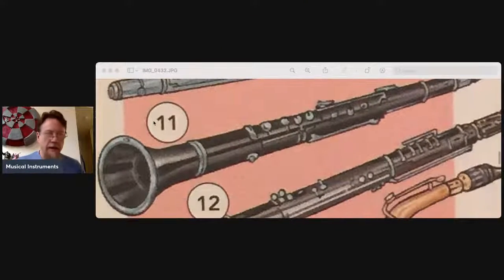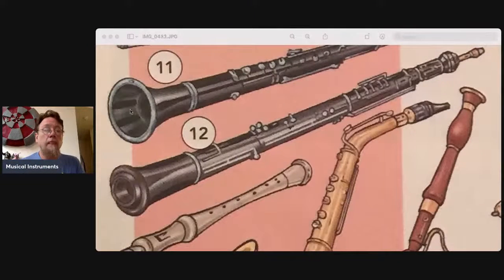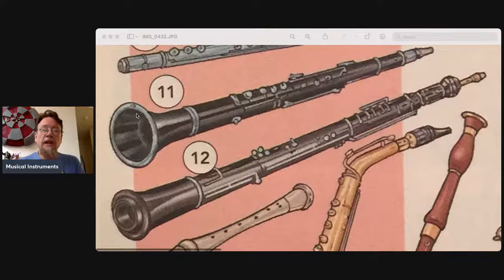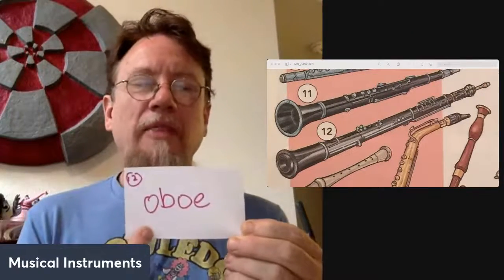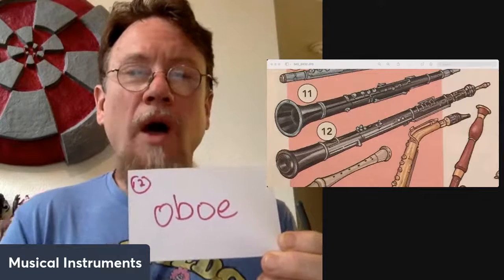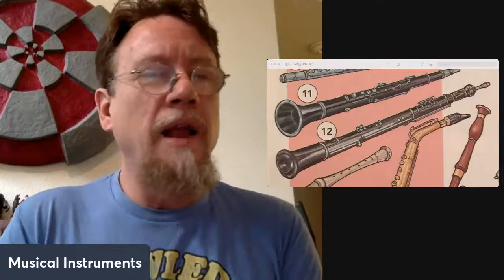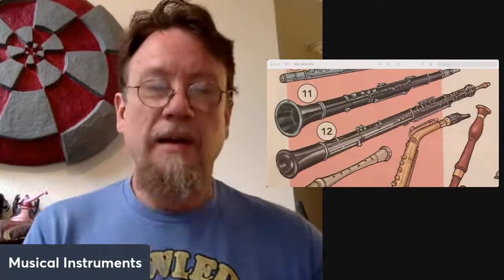Let me change the orientation a little bit here to fit this bigger one. Picture number 12. So you see the clarinet, number 11, and then number 12. It looks like a big clarinet. I guess it kind of is. And this one, not common, I'll just give it to you. It's called the oboe. Number 12, oboe. I love an oboe. I love woodwinds. Next one,